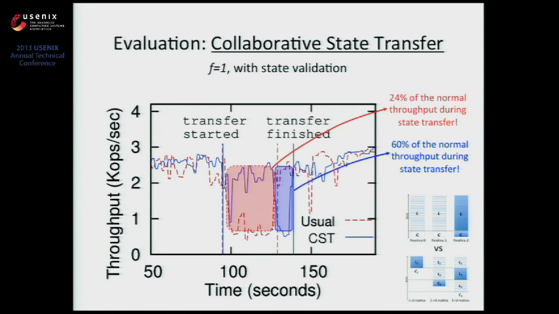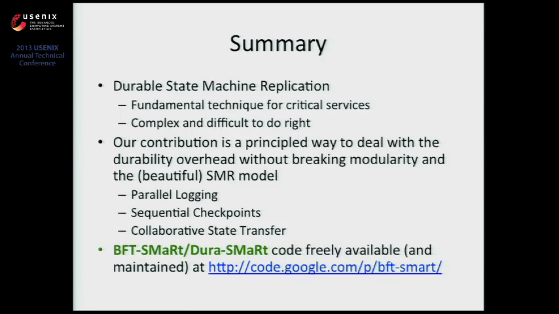But the final thing here is that in the usual state transfer protocol, in which you ask for the state from a single replica, you get 24% of the normal throughput during the state transfer. In this execution, it varies a lot. But by design, it's always better to ask for the state from different replicas. Of course, the protocol is more complex, but then you have up to 60% of the normal throughput during state transfer. So in summary,